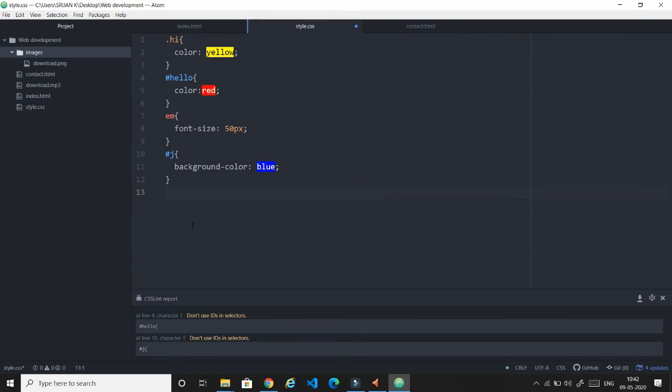So just be clear with the difference between the class and ID. I would recommend you to use the class more than ID. Please note that ID should be used with more precautions. Just use it whenever it is needed. Don't use it whenever you want. Only if there is a requirement of ID, then you use it. Use class when you have elements having the same property, then just name it under the class. You can give a random name for the class and also for ID, but while choosing ID, be careful.